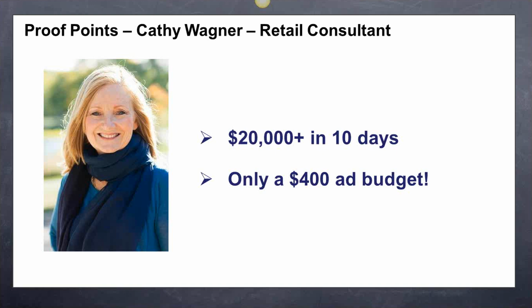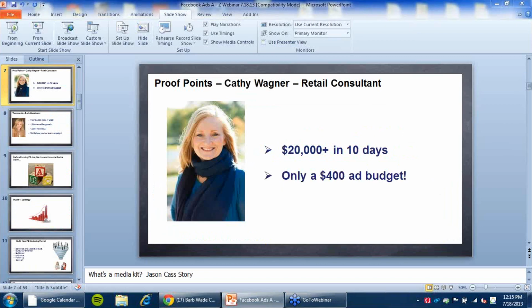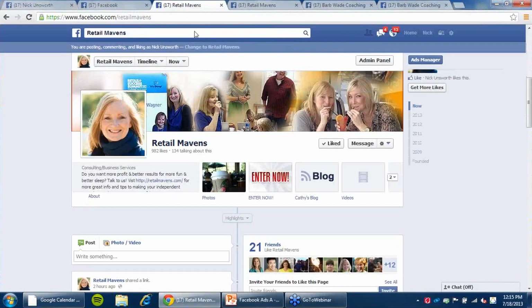So A, we started with her strategy. B, we helped her create a landing page. And then C, we helped her run ads. So within 10 days, she was able to track all this back to over $20,000 in revenue on only a $400 ad budget. So what I want to do is I'm going to give you an example of exactly what that looked like. So if I come over here to Facebook,